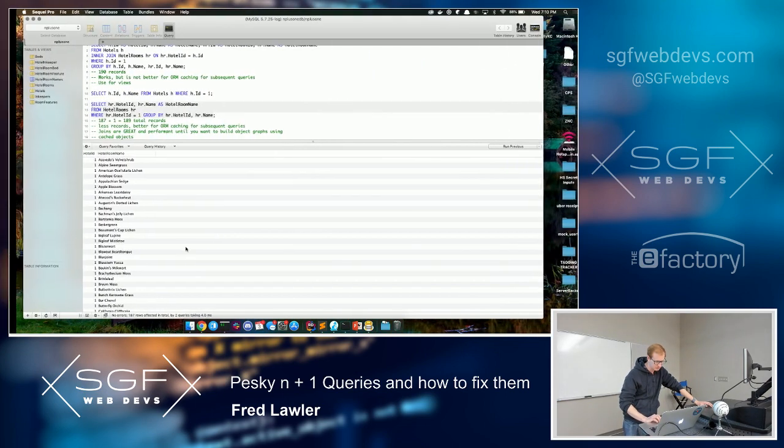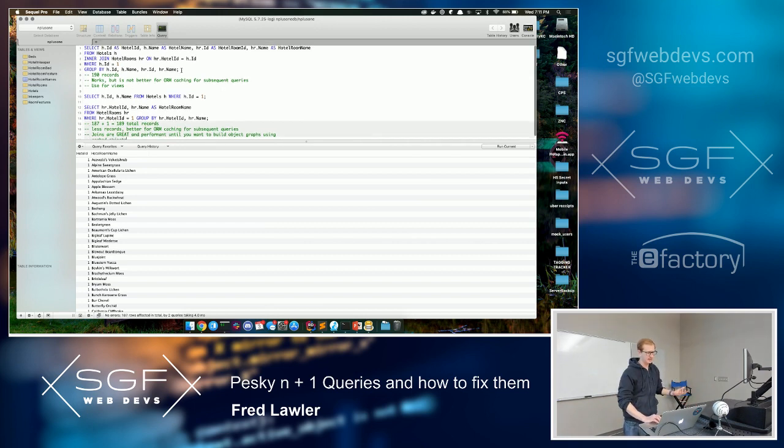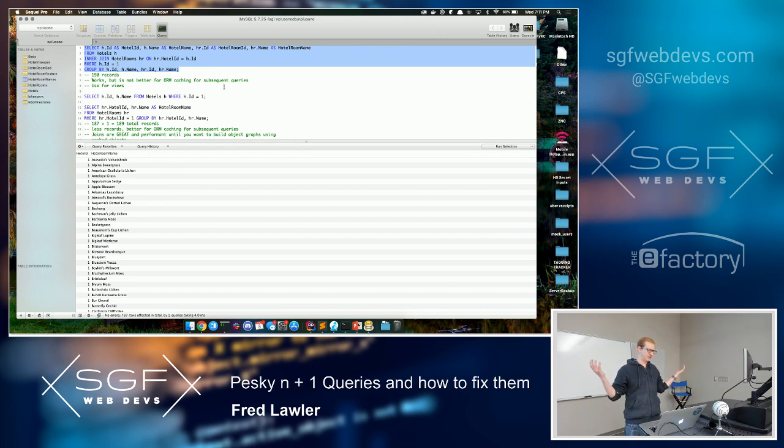Okay, so as I was mentioning with views, I did go ahead and put this specific query into a view, which is hotel room names. So again, the problem with views and stretching out this data is that you're not going to get that caching like you would with using